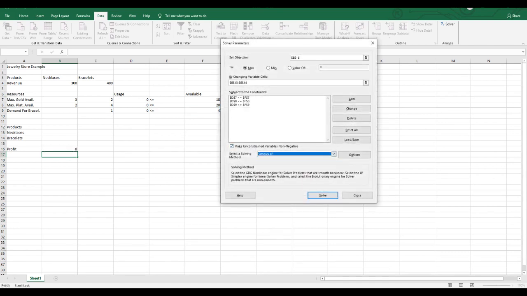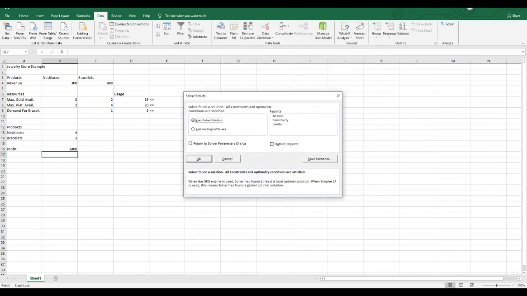We change it to simplex LP because that's what we always do. And very simply, we solve this problem. Solver found a solution. All constraints and optimality conditions are satisfied. We see here that we should produce 4 necklaces. We should produce 3 bracelets, and that will maximize our profit at $2,400,